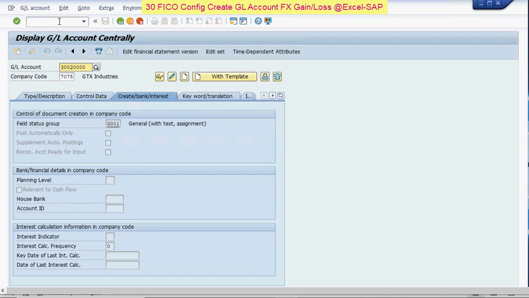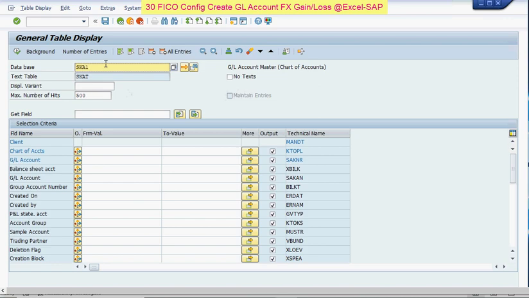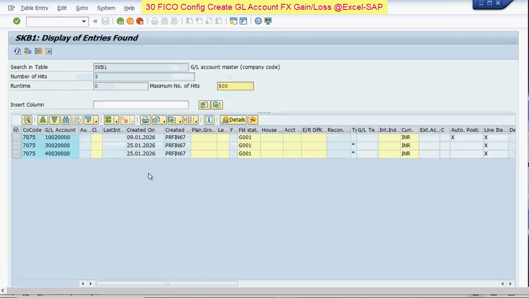If you want to check, you can check in SAP table SKA1, or at the company code level you can check at SKB1 here. Enter your company code details, then click on execute here. You see the two GL created today,